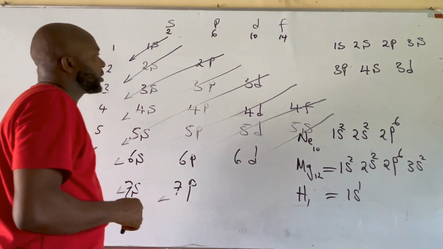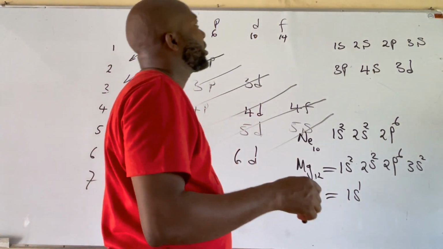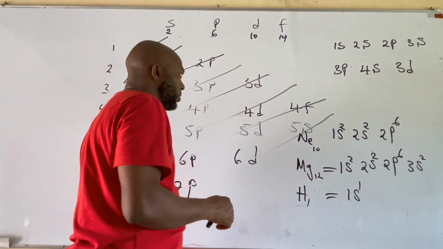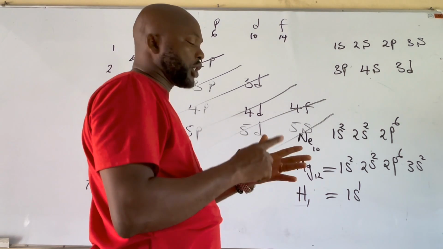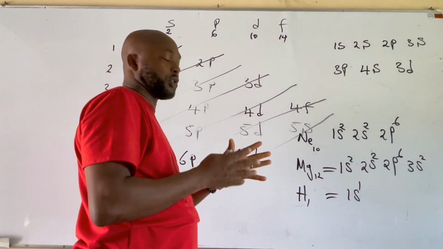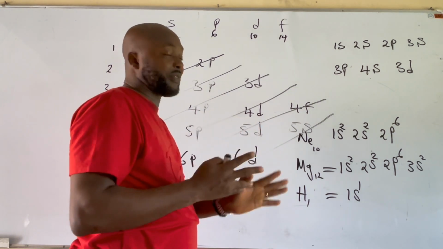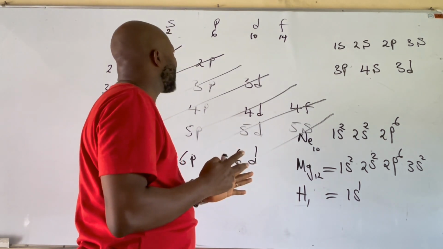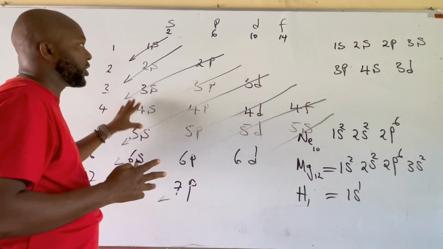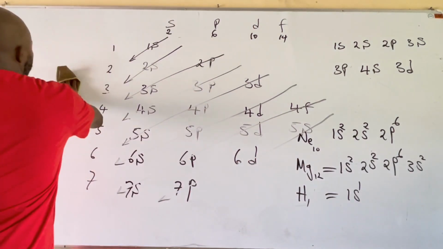So let's look at another element. Let's say fluorine or chlorine. Now, hydrogen, helium, lithium, beryllium, boron, carbon, nitrogen, oxygen, fluorine, neon, sodium, magnesium, aluminum, silicon, phosphorus, sulfur, chlorine. That is the 17th element. Now, being the 17th element, if you don't mind, I can take this out. By now, you should know how this is being done. Now, for the 17th element, I would say